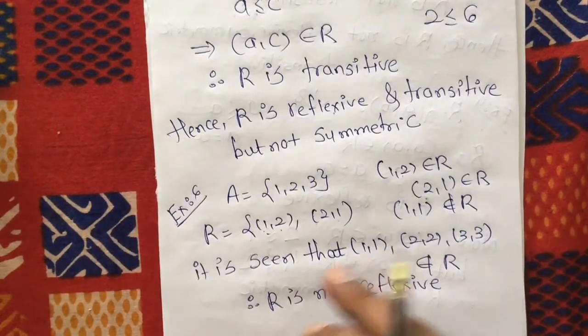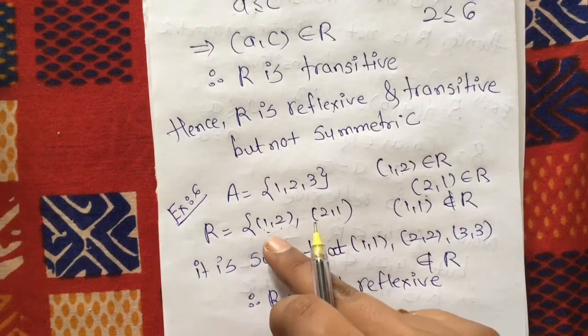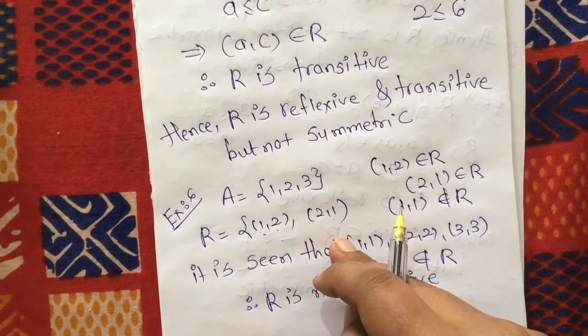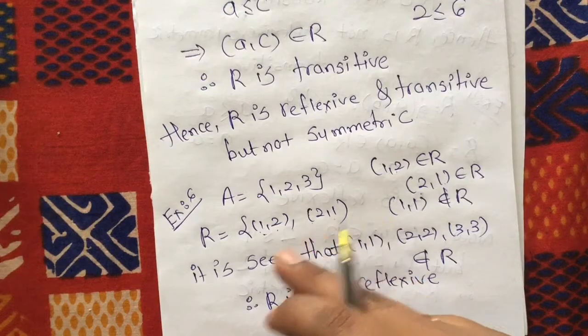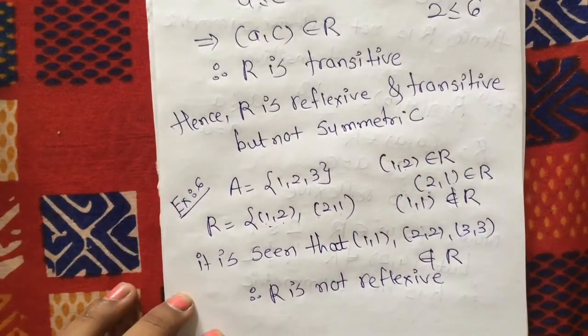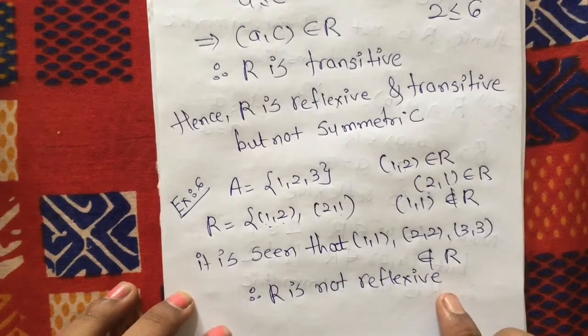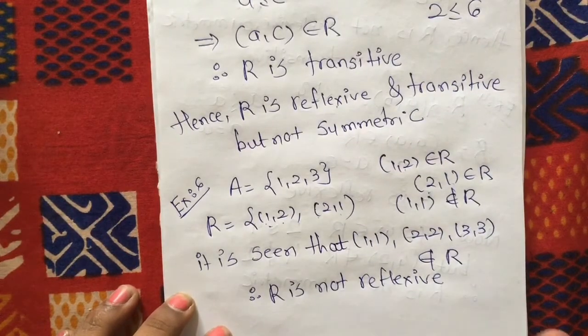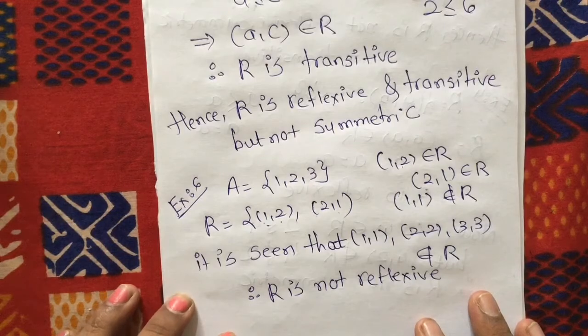ठीक है, उसको ही हमने रिलेशन को ही हमने उठाया है (1, 2), (2, 1). सो (1, 1) भी होना चाहिए अगर ये ट्रांजिटिव है तो. But (1, 1) does not belong to R. Therefore, R is not transitive. So as you can see, R is symmetric but neither reflexive nor transitive.